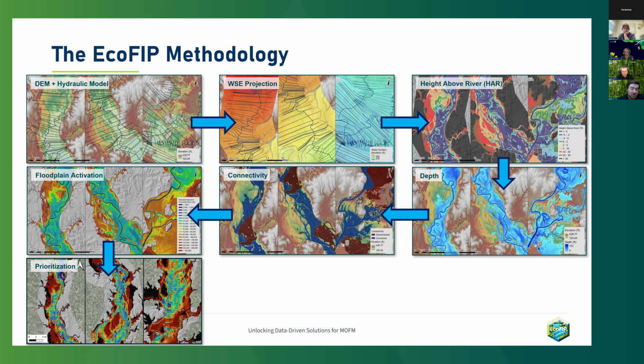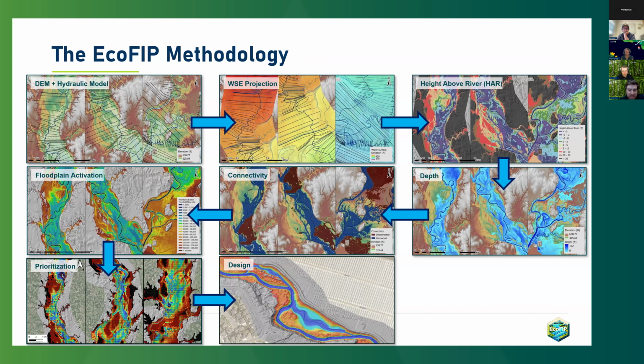But then when we get into tier two, that's where we break up the landscape, bring in our hydrologic record, and think about not only the spatial extent of inundation, but the timing, the seasonality, the duration of these inundations, the depths, and how it combines with things like aquifer properties, soil types, land cover, and a whole host of other GIS data sets to create these heat maps of our different opportunities within the river corridor. That allows us to identify these high priority sites that we carry forward into conceptual design iterations.